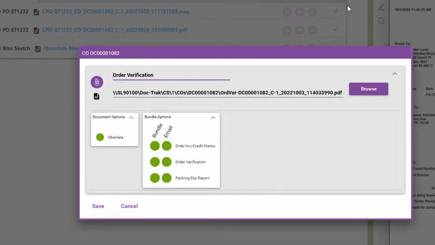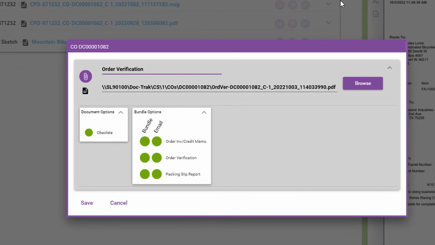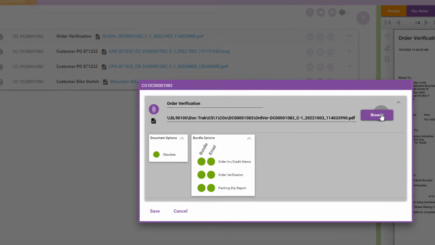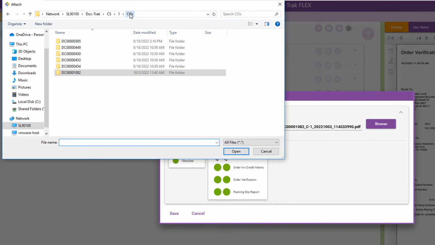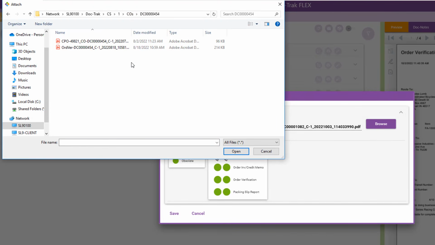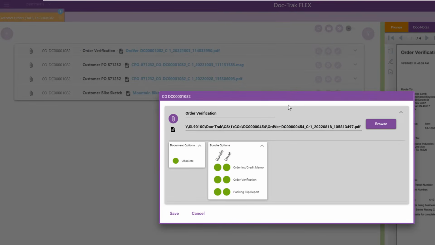Another thing you can do in this window is change the file for this attachment. You can use the Browse button to search for a different file, or just change the file name manually here in this field.